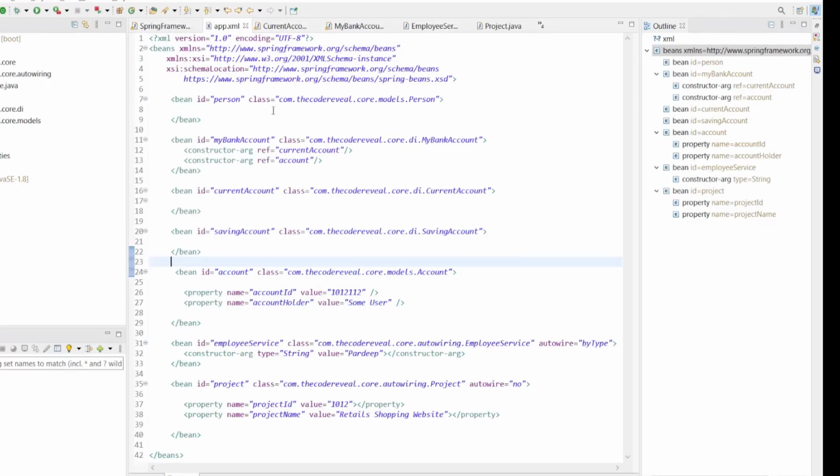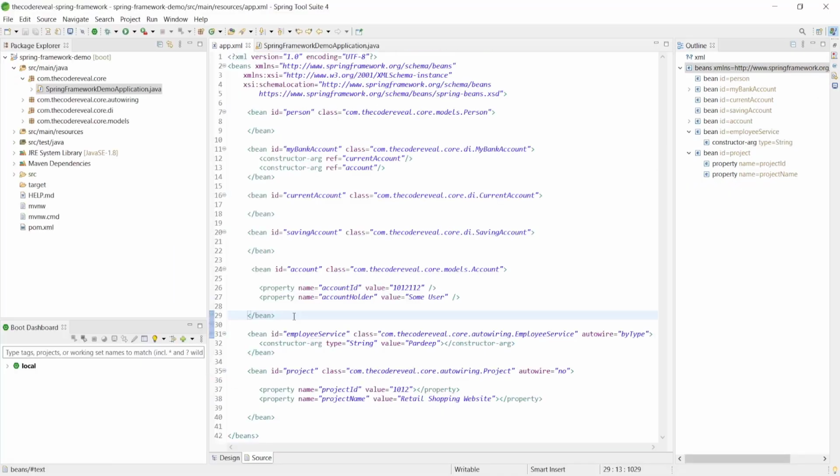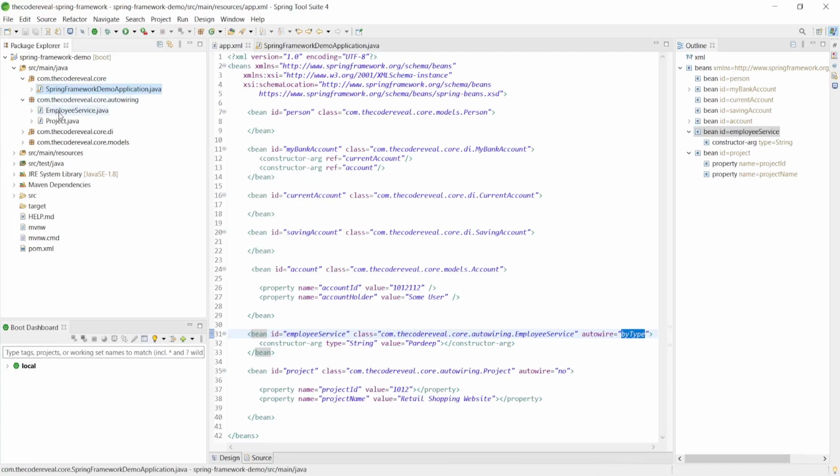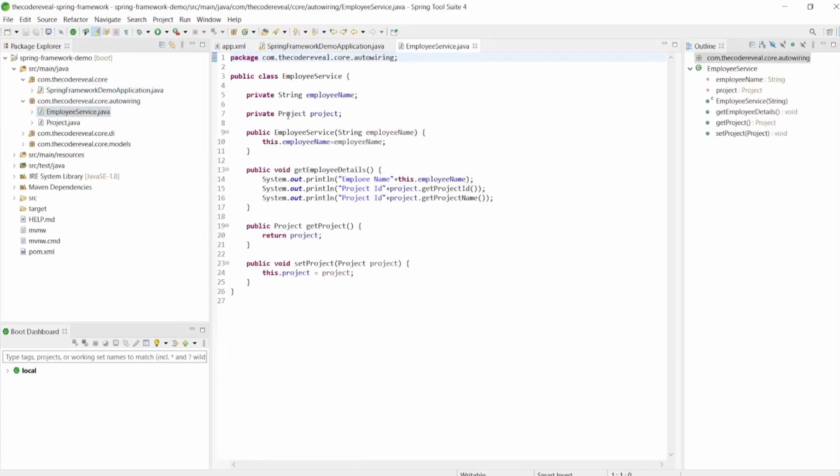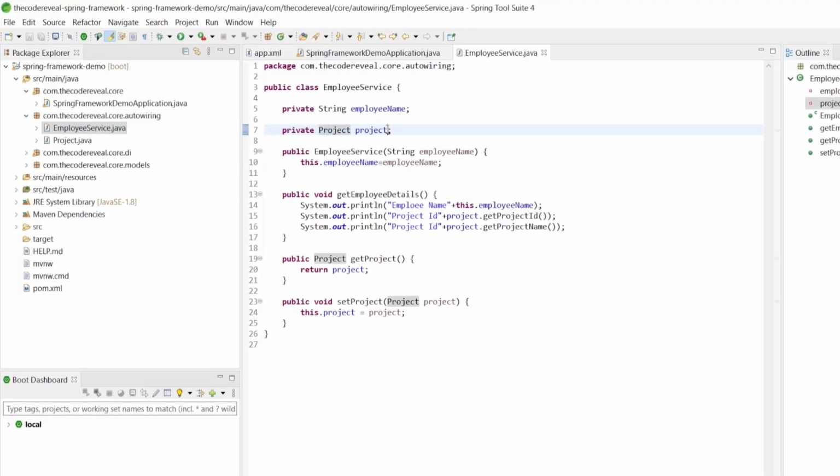So let's see byName. So we have seen the autowiring byType. Now let's go to byName. In the byType, when we are autowiring in the EmployeeService, if we change the name, and here we can change the setter and getter methods.